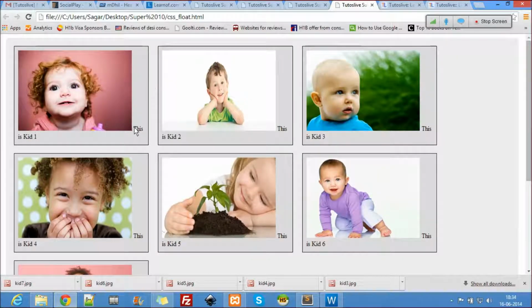Now the other thing I really want is, you see this is kid 1. I want it to be on top of the image with a nice transparent background. With a nice transparent background. Okay, I'll show you how to do that now.